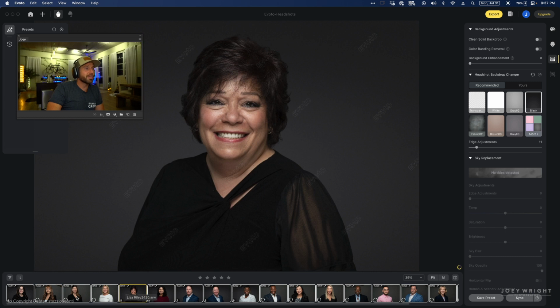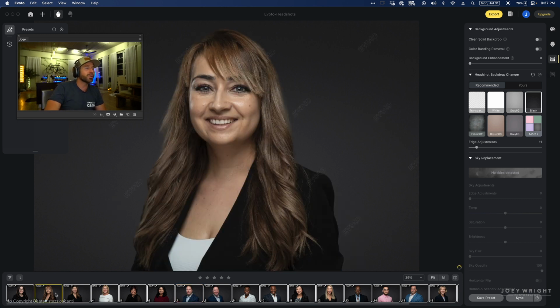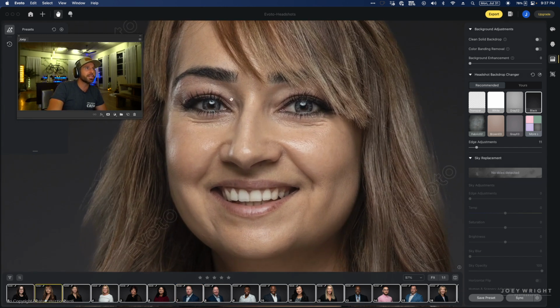And everybody gets the backdrop in one shot. And remember, while there is not a color picker, you can just go into Photoshop, upload your own, or create a solid backdrop color, pop it in here, and then add it. So I think that's pretty sweet as well. You'll see it takes a second to...